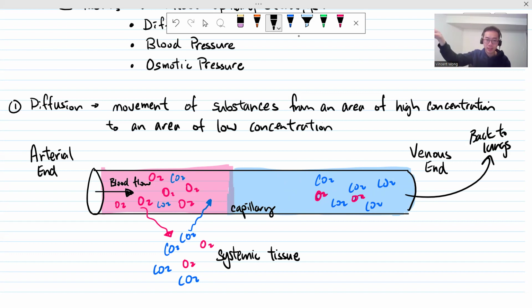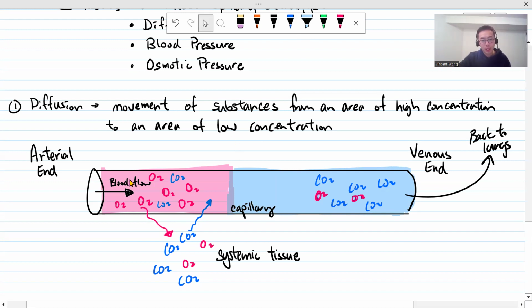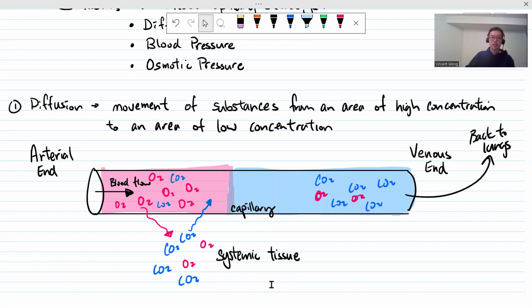Back to the heart and back to the lungs. So that's diffusion. It's very simple, right? It doesn't have to be just oxygen and carbon dioxide. It could be nutrients. It could be glucose. You might have glucose-rich blood here, and then the glucose will diffuse out into the tissue where you then can use it for cellular respiration. So that's the easy one when it comes to factors that affect